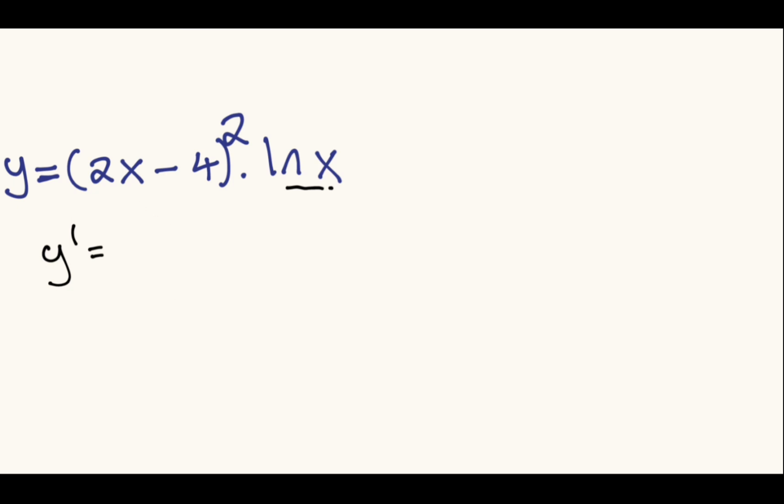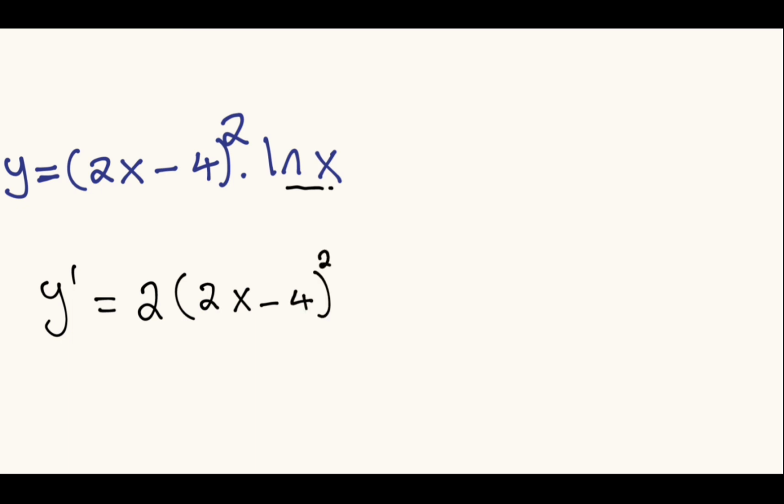So the derivative will be equal to the derivative of the 2x minus 4 raised to the power 2. So we have the 2 from the exponent, multiplying this whole thing. We have 2x minus 4, which we are not going to differentiate as of yet. 2 minus 1, so after we subtract the 1, that's when we go and differentiate the inner function 2x minus 4. So the derivative of the 2x minus 4 will be equal to the derivative of the 2x, which is 2. The derivative of this negative 4 will be equal to 0. We multiply this by the original function ln x